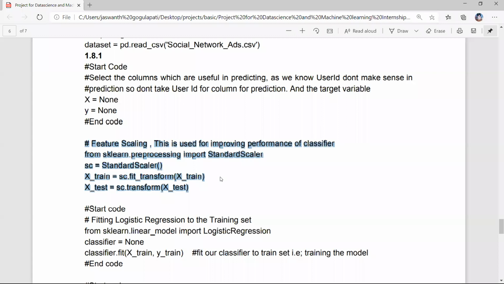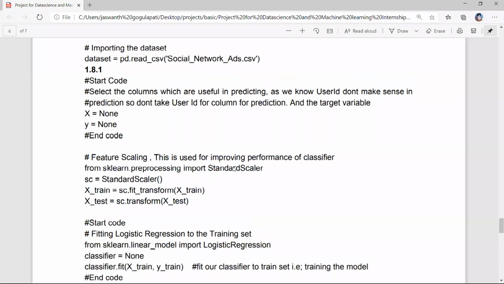a classifier. What is meant by feature scaling? Suppose age values are between 20 and 2200, a large range. If we take only college students, who will have a range between 20 and 25, then there is no need to use feature scaling. Suppose we take all employees, ranging from 25 or 26 to 50 or 60, then there is a large range between the min value and max value. In those cases, to improve the performance of the machine learning model, we use feature scaling.